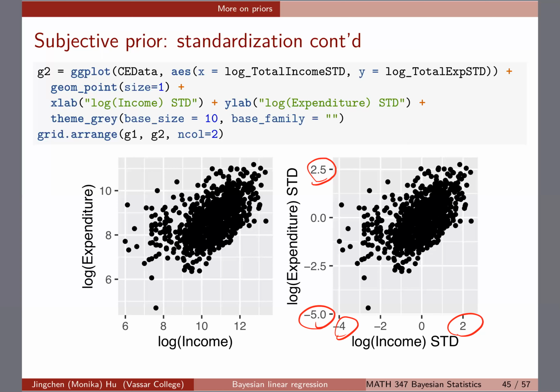But typically, once you do standardization, if you have normally distributed data, the majority of the points are going to be between -2 and +2. So you're able to put them on the same scale, and that's what we do by standardization. The reason we do standardization for the subjective prior is that later it's much easier for us to interpret the regression coefficients. So